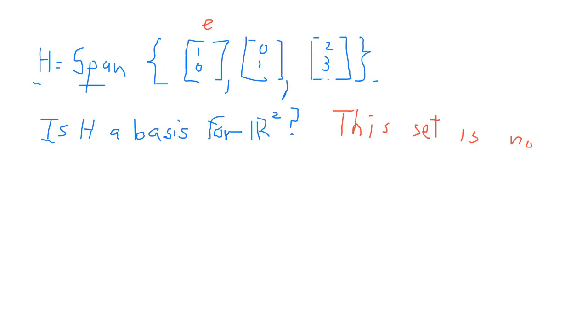Let me call this E1, E2, and V1. Now, to be sure, maybe, Ben, this is what you were thinking, any vector in R2 could be written as a linear combination of these three vectors. Okay, some linear combination. But this set of vectors, E1, E2, and V, I call it V1, okay, this set